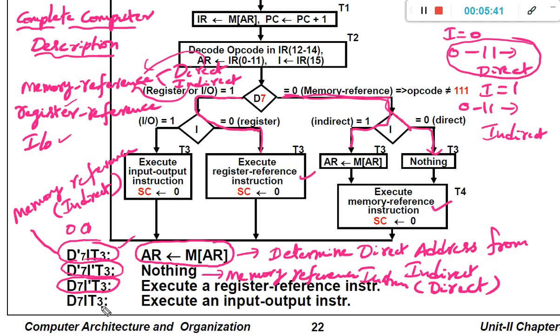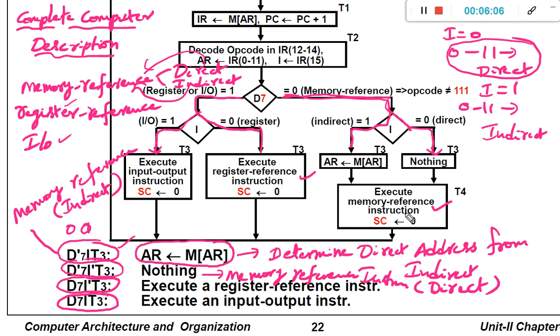Finally, D7IT3. D7 is 1, I value is 1. Then it is going to represent input output instruction. These codes are very, very important to determine the type of the instruction to be executed.